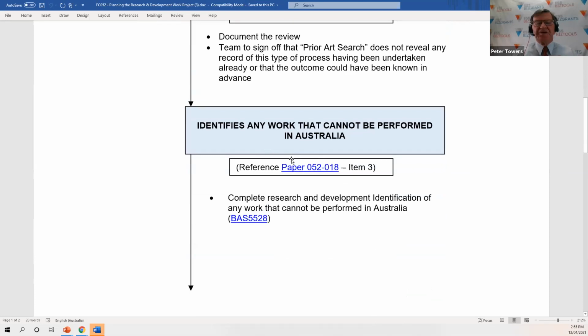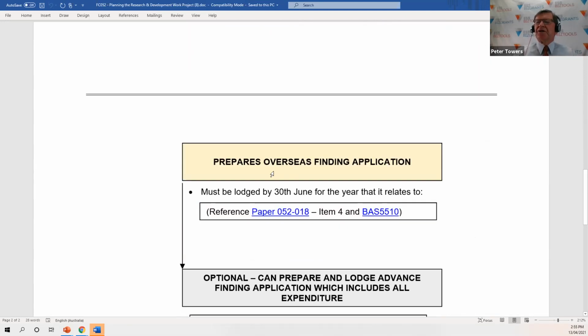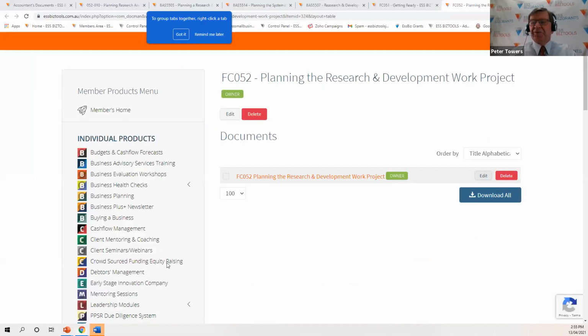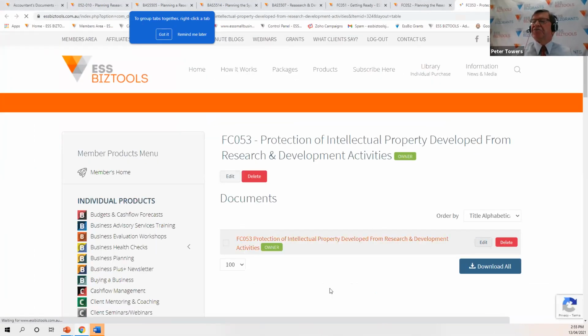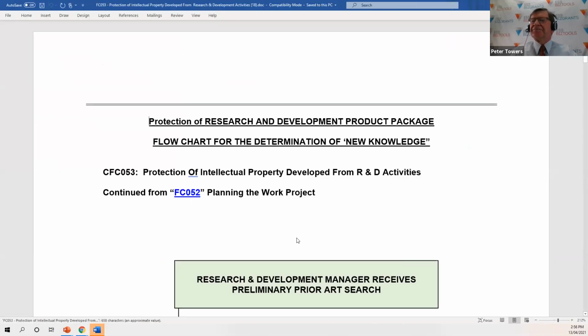They need to be really thinking seriously now about work that cannot be performed in Australia. And as I said earlier, our recommendation is they'd be immediately lodging the overseas finding application before they spend any money. They could look at the option of lodging an advanced finding for the total project, which obviously includes the Australian expenditure. We have some material which is not part of the legislative requirements on protection of intellectual property,